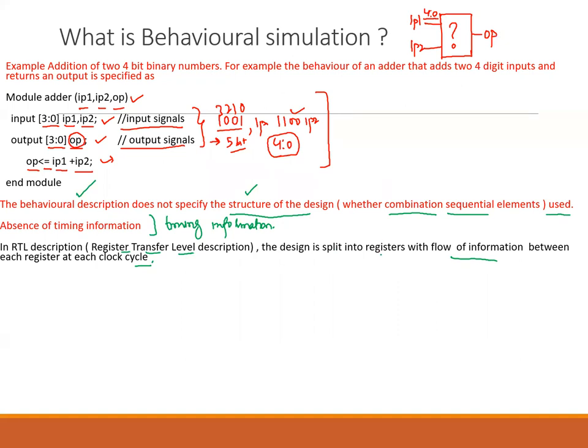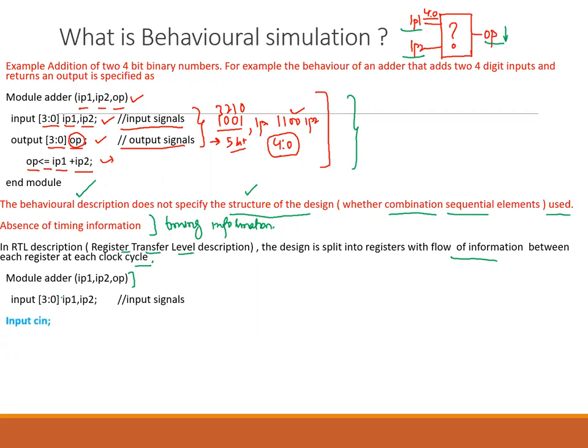But now, when you are going for RTL description, then you will say that your input is this, output is this, and how it is actually moving. So that needs to be described. Here you can see the difference between this code and this code in Verilog. Now this is the same module, but the description is a little bit different. Now you will say these are your inputs, these are your outputs.